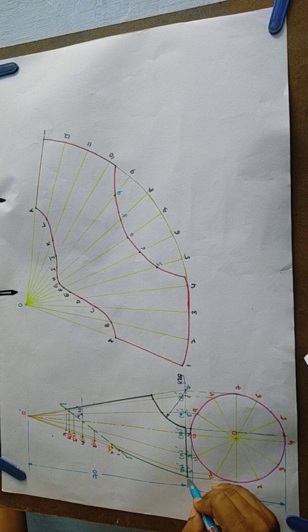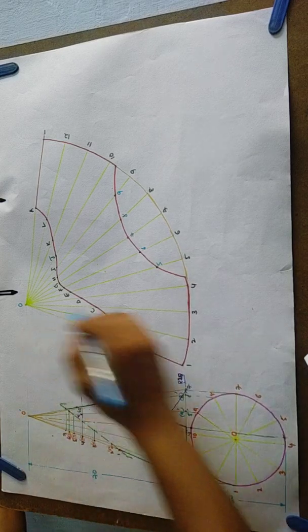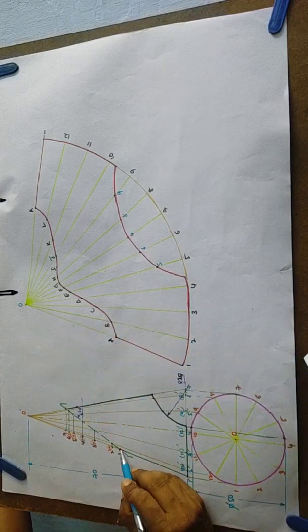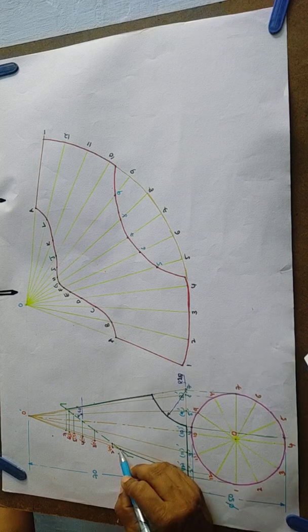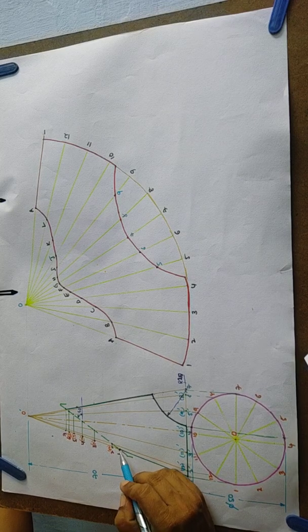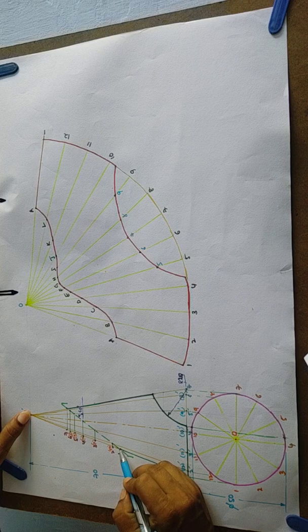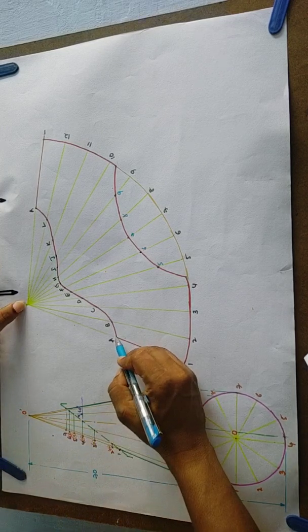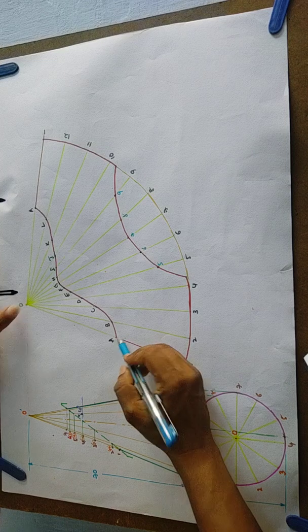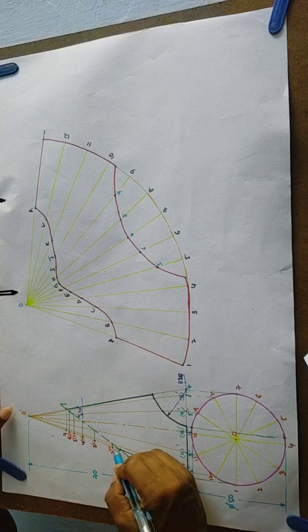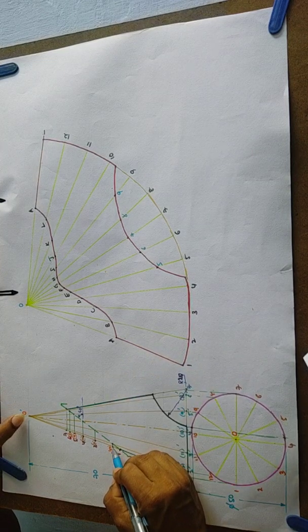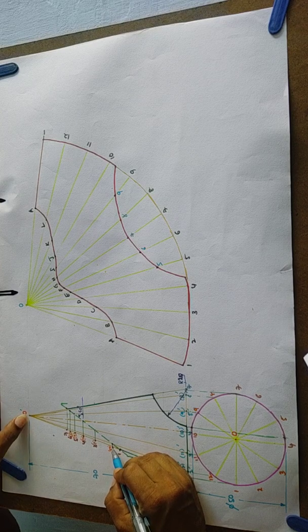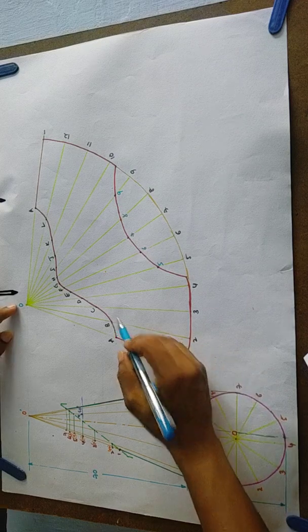So the first line is this one, 1 2 0, this is 1 2 0, 2 2 0, like that. One line is intersecting or cutting at this point, so just take the measurement from O to 1, this slant length, only O to 1, and transfer onto this development. Similarly the second line, this one, is cutting at this length, so measure this length O to 2 and transfer onto the second line, O to 2.